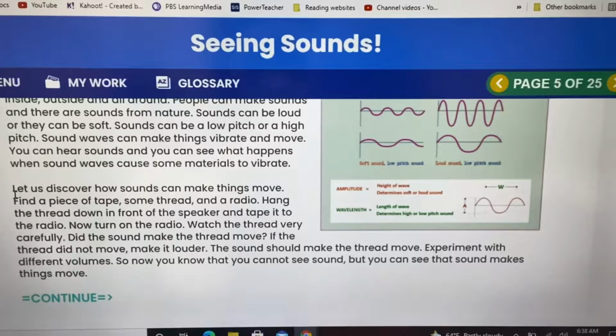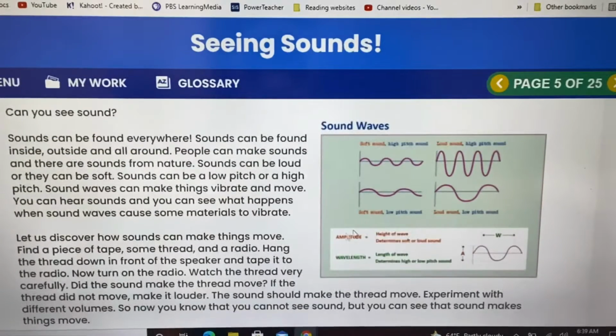Did the sound make the thread move? If the thread did not move, make it louder. The sound should make the thread move. Experiment with different volumes so you know that you cannot see sound, but you can see that sound makes things move. All right, and if we take a look at the picture over here, you will see that they have